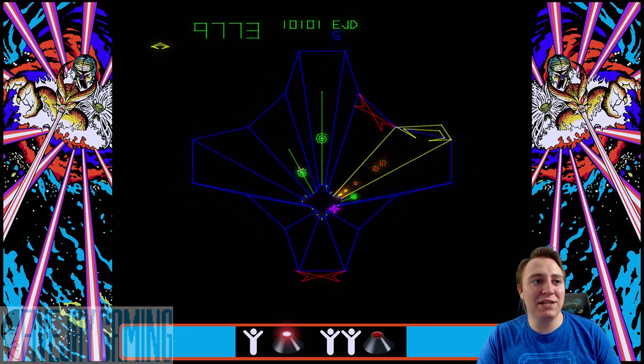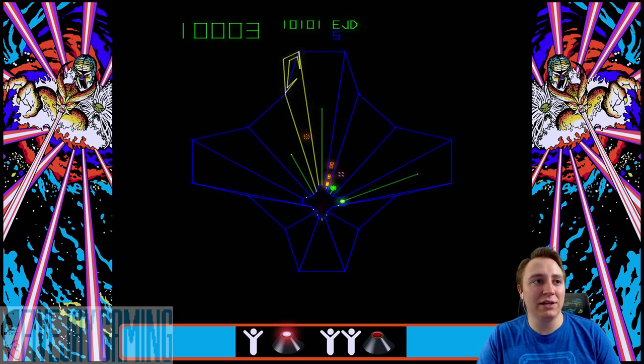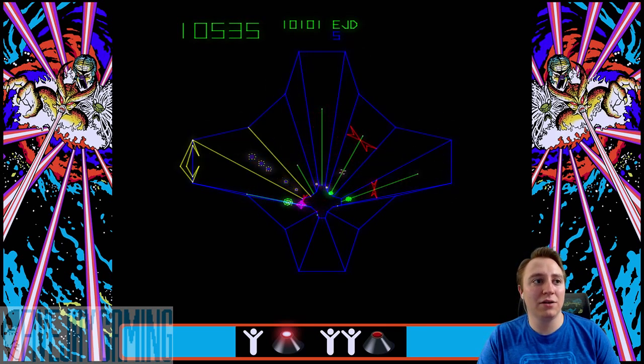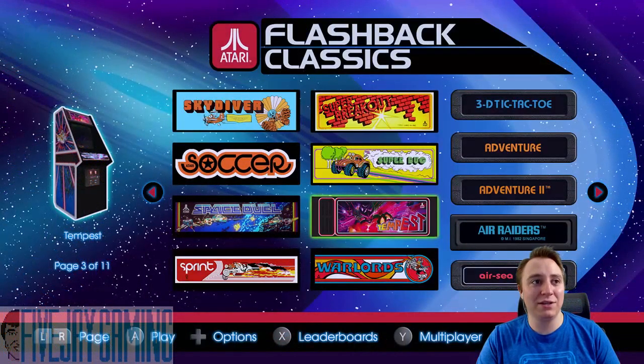It's hard sometimes to get on the exact track that you want to be on, as you move around it so quickly. But at least it highlights in yellow where you're shooting. It helps make it a little bit more clear. I've collided once again. So that's Tempest, another...